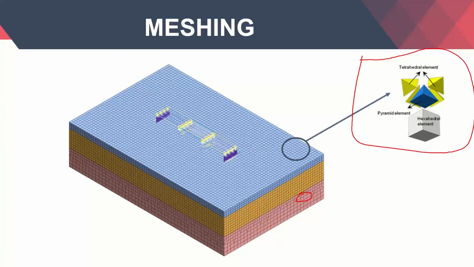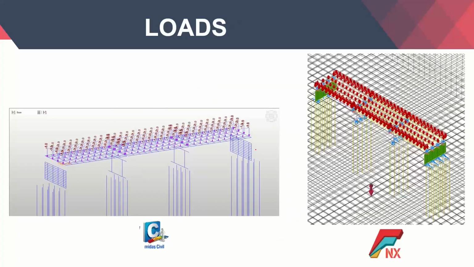So here what it gives you is that you have less number of elements but exactly the same number of nodes or higher number of nodes. That is why you have a faster computation time. Secondly, after meshing, we go to the loading conditions. The loads have been imported from Midas Civil as shown in here, and the GTS model with the ground element intact looks like this.